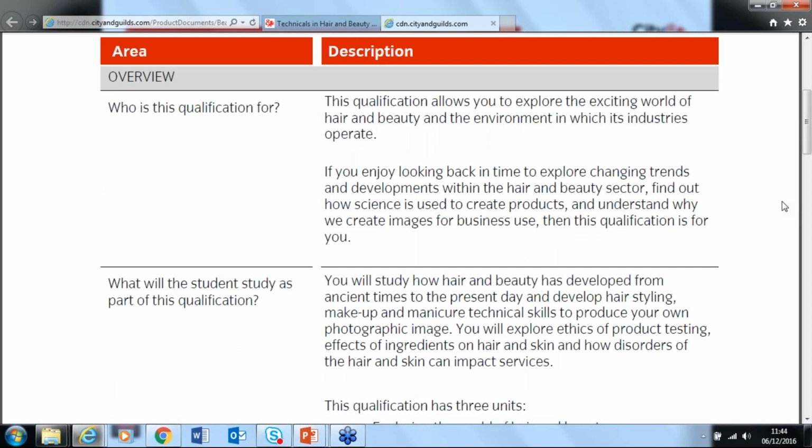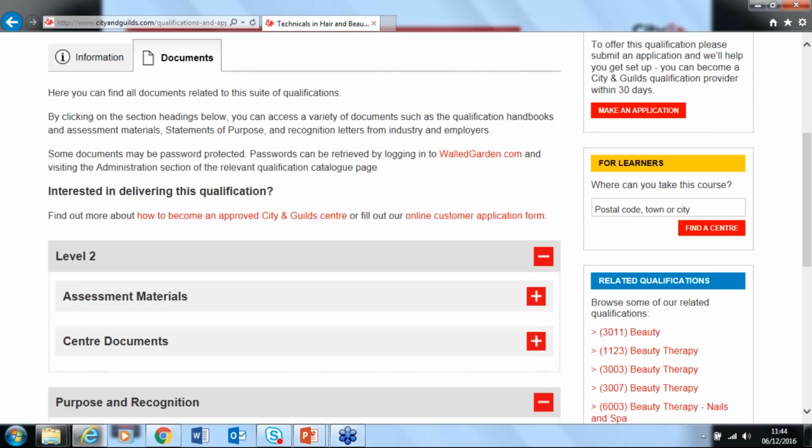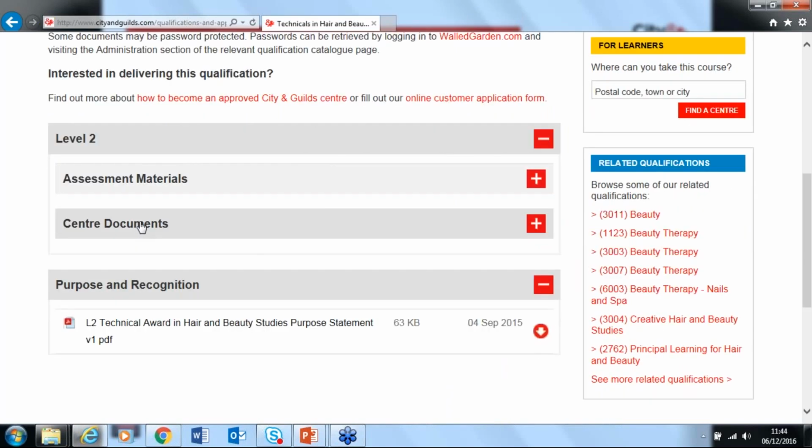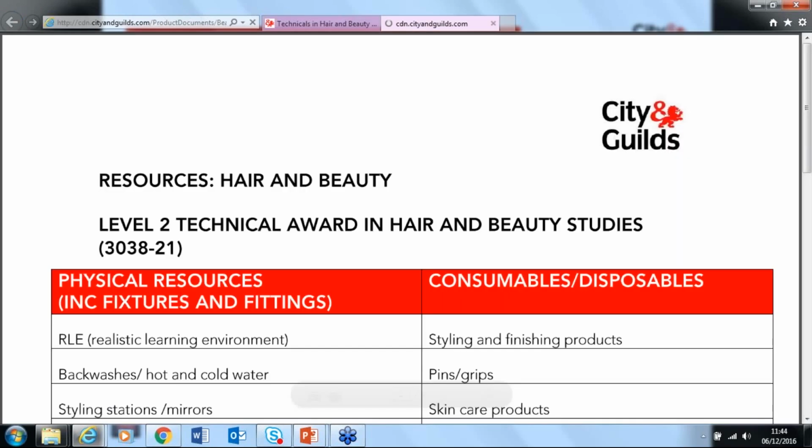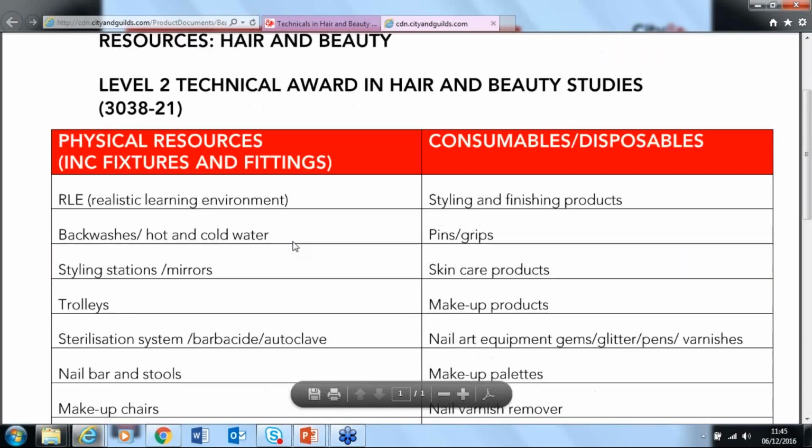I'm going to go back into Centre Documents, and under every single technical award in Centre Documents you will see a resource list that has been provided for you, and the resource list, if you tap onto this, will tell you the very minimum resources that would be required to deliver any of these technical awards. This is by no means the complete list, but it gives you a minimum of what you would need to